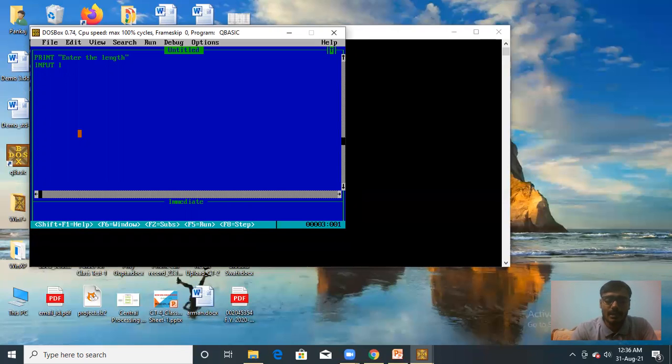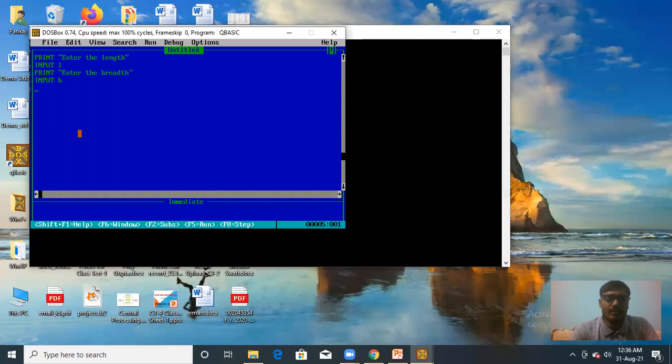Now again you use the print command. Enter breadth. Now again you have to use the input command for entering the breadth. So input B, B is a variable in which breadth will be entered.